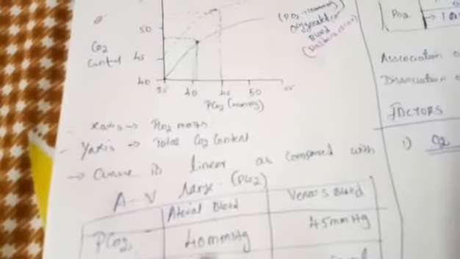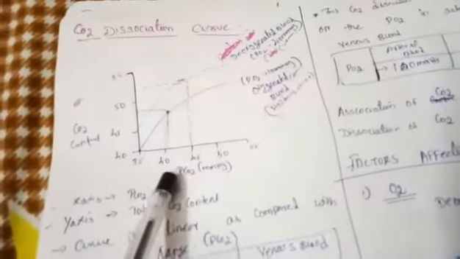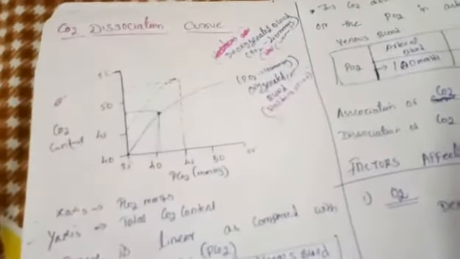As a continuation of the previous video, you can apply this table column on the x-axis and y-axis, and we will get this linear form. For example, if the partial pressure of carbon dioxide in the arterial blood is 40 mm Hg, here the PCO2 is 40 in the arterial blood, meaning oxygenated blood. Here it is 40 and this is 48 oxygen content. When you join them, the linear form is formed, and the same thing for 45 to 52, another linear form is formed.